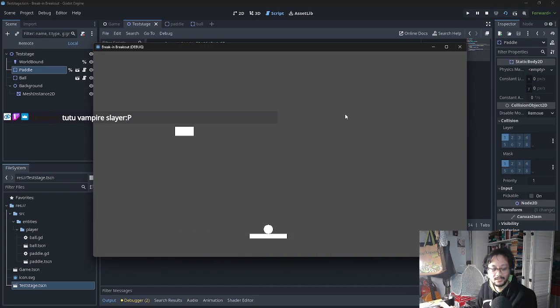But for now, this is good enough. So, what I want to do is I want to make it have, okay, so right now this is good enough. But what we do want to do is